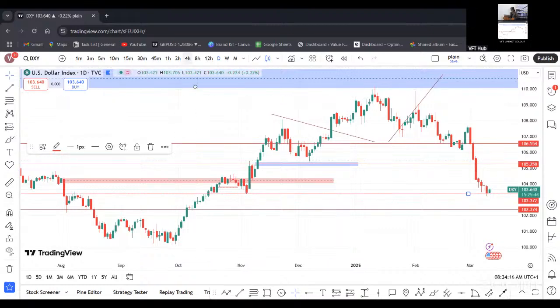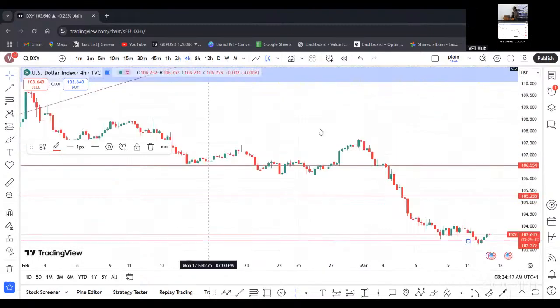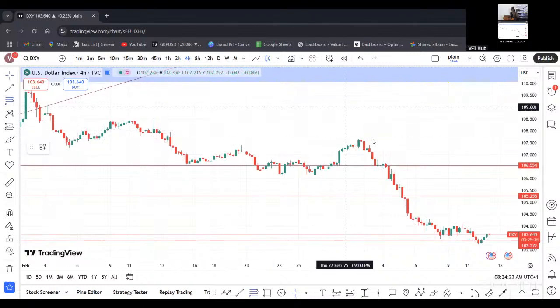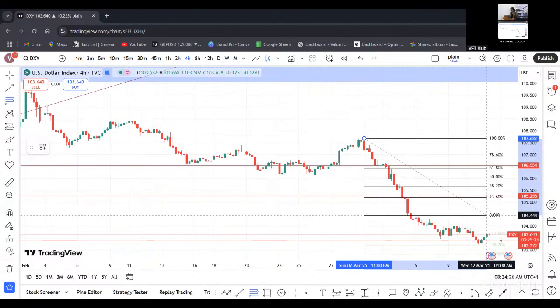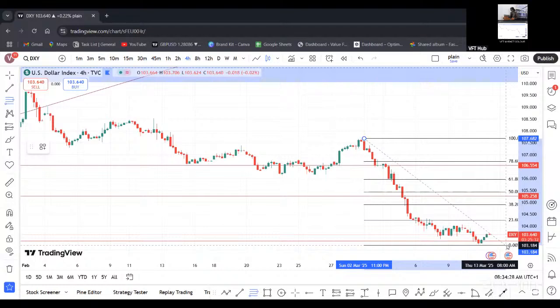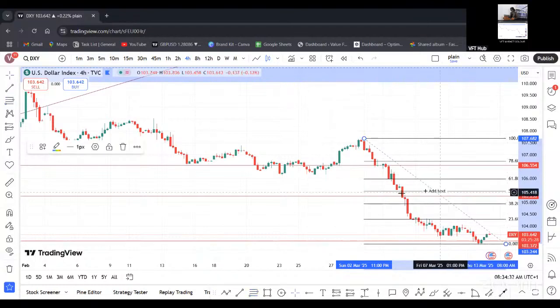Down to the 4-hour time frame, I will be fibbing this most recent swing from point A to point B. We want to see price retracing into the 61.8% fib level, and we can see that this actually coincides with another block residing at